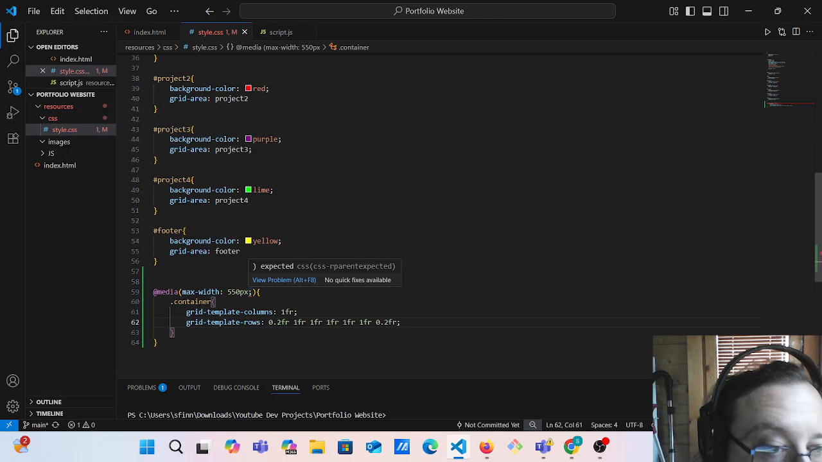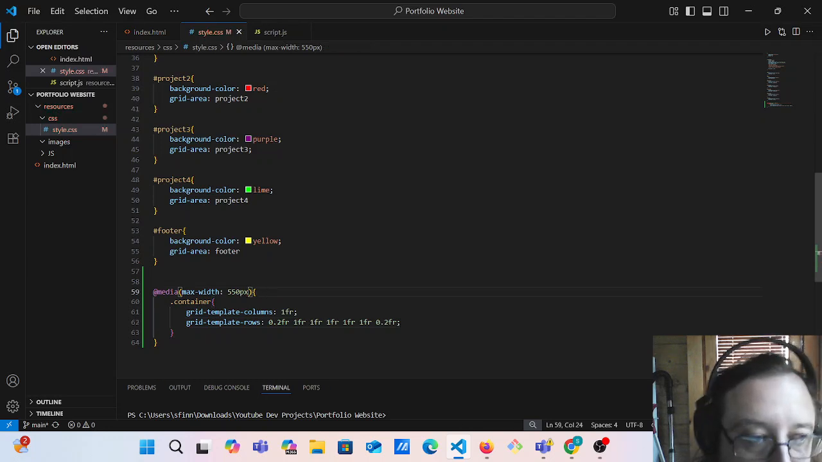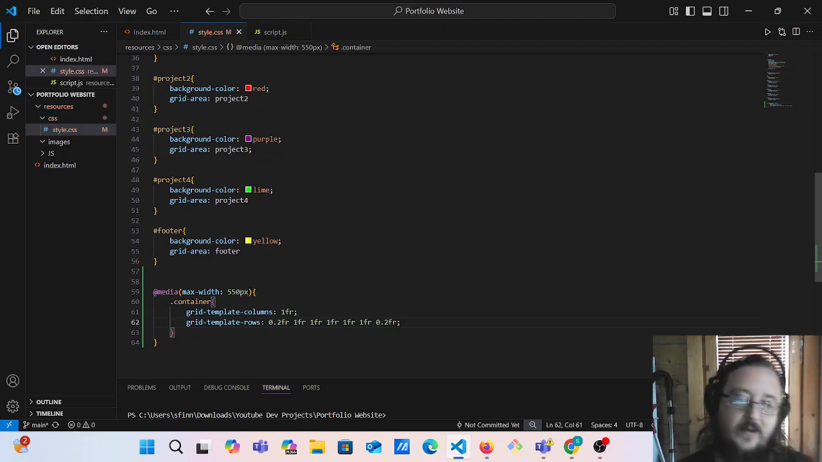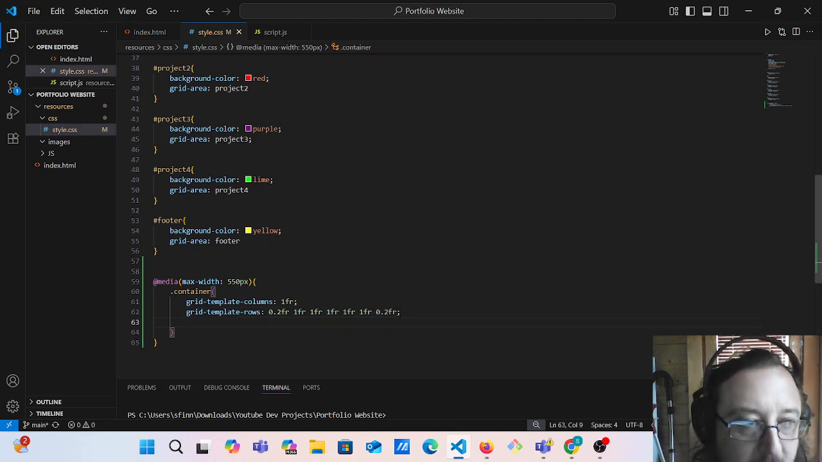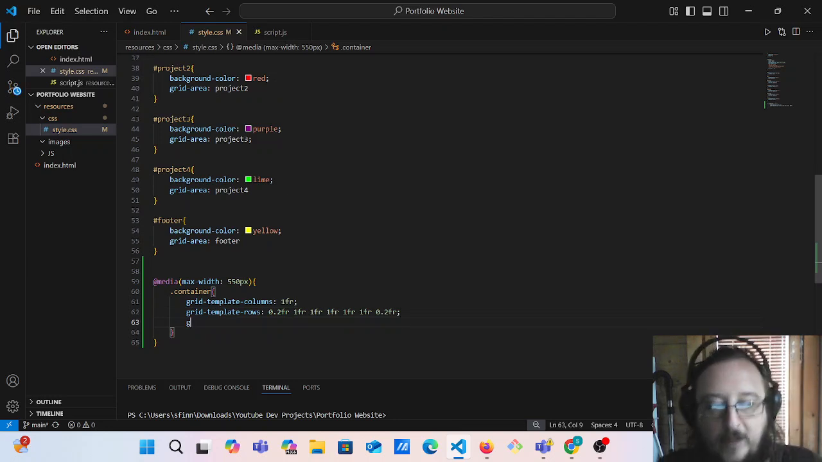Okay, so within this media query, we don't want that there. We've now redefined the grid, with its columns and rows, if the user is looking at the website on a screen less than 550 pixels. So that's a good start, but we also